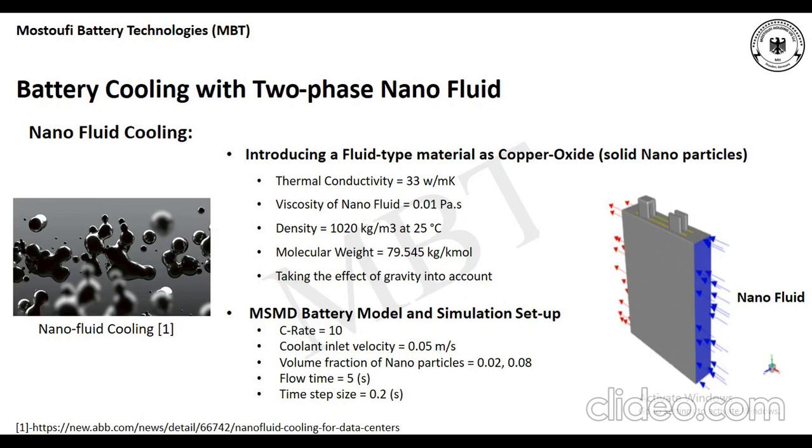In this session, we're going to have a simulation about battery cooling with two-phase nanofluid. As you may know, nanofluids could be used for enhancing the cooling process of electronics like batteries. So in this session, we have a battery cell that contains two inlet channels for the coolant. And in this channel, the coolant contains solid nanoparticles that make the nanofluid applicable for enhancing the cooling